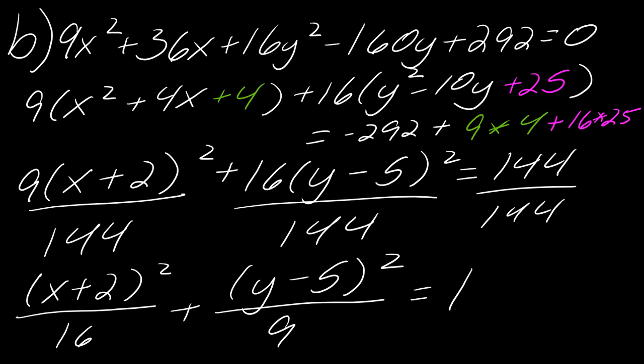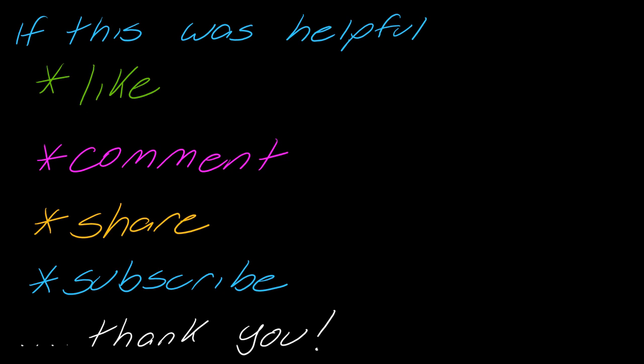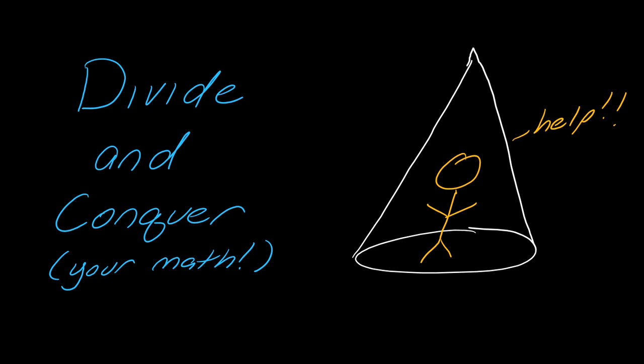So there are 2 examples of how to complete the square so that you get the equation of the ellipse. So I will leave it at that, and I'll catch you guys